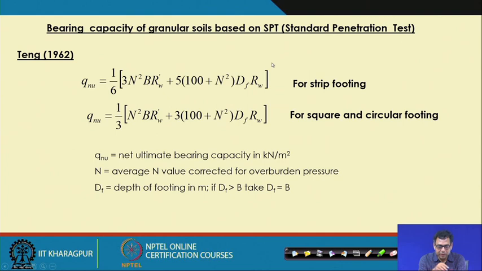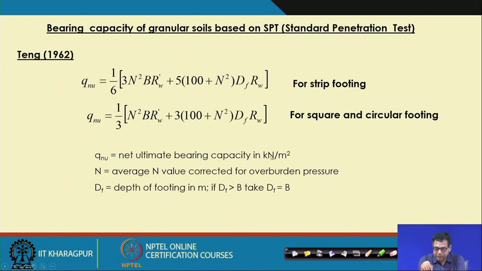So, these are the two equations. These equations, or these recommendations, are based on observation. So, these are called empirical relationships. These empirical relationships are given, and they are coming from the observation, where this is the Q n, Q is the net ultimate